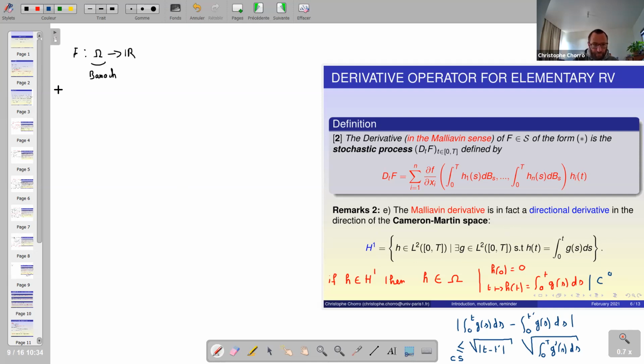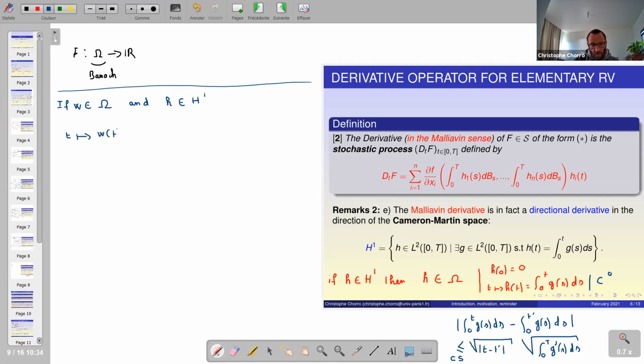So if I suppose that I have w belonging to Omega, and h belonging to H1, I can say, according to my previous remark, that if I consider